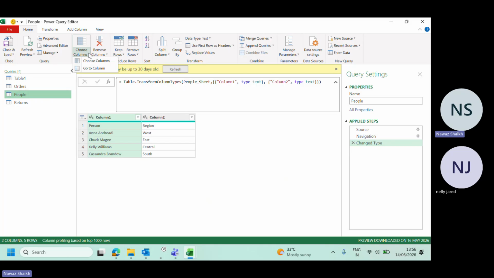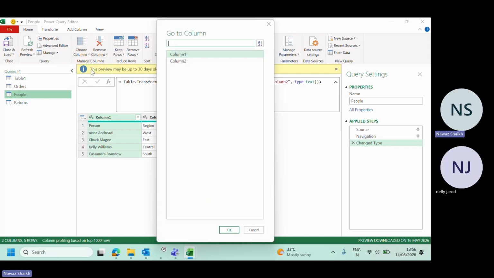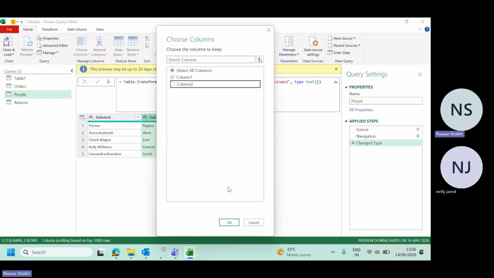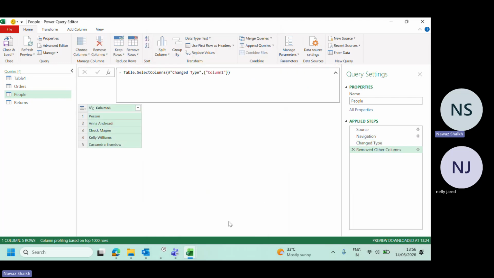ठीक है, हाँ, मैंने क्या कहा, चूज कॉलम। अब मैं कैसे प्रैक्टिस करूंगा, मैं पहले क्लिक करूंगा गो टू कॉलम पे, क्या होता है, एक विंडो आता है। अगर मैं कॉलम 2 पे क्लिक करके ओके करता हूँ तो क्या होता है, सिलेक्शन डायरेक्टली वहां पे जंप होता है। चूज कॉलम पे जाता हूँ, 2 कॉलम दिखेगा। अगर मैं एक को अनचेक करता हूँ और एक को रखता हूँ तो क्या होगा, दूसरा उड़ जाएगा। ये हो गया।